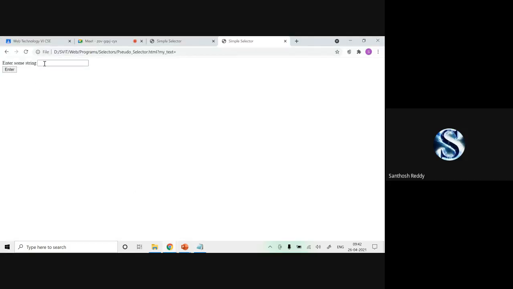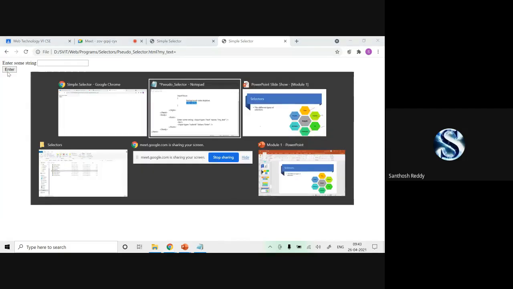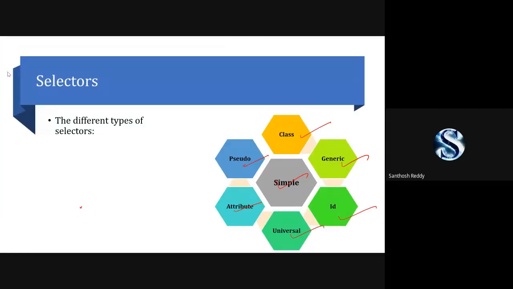Till now it is white color in the background. When I start entering data into that particular text box, the background color will change. See, now it has changed. Hi, hello. If nothing is entered, it will be blank. That's it. When I press enter also, it is focusing here. Just clear? Oh, yes, sir. Thank you.